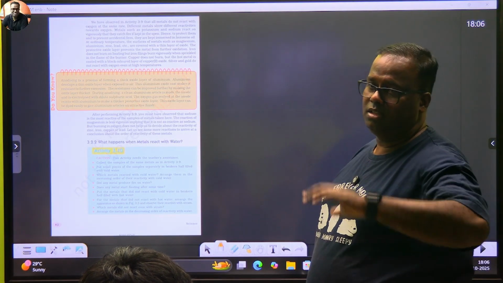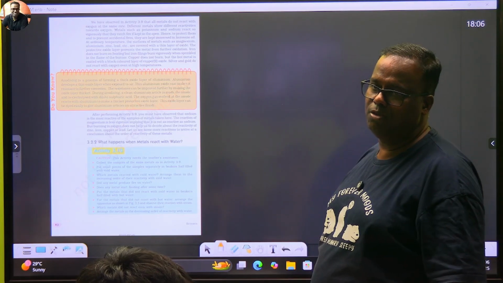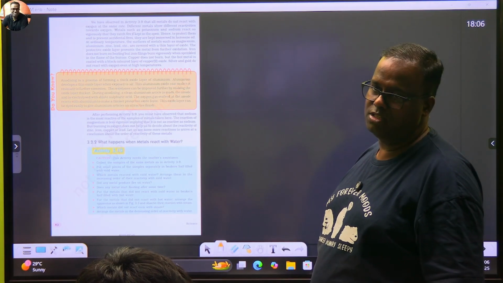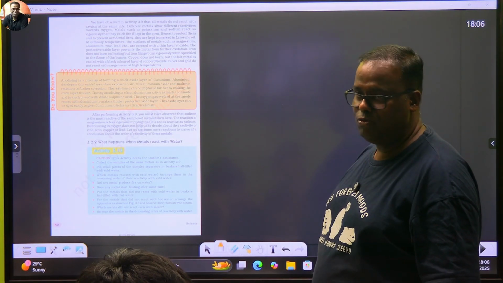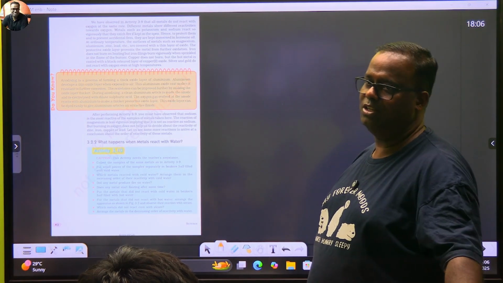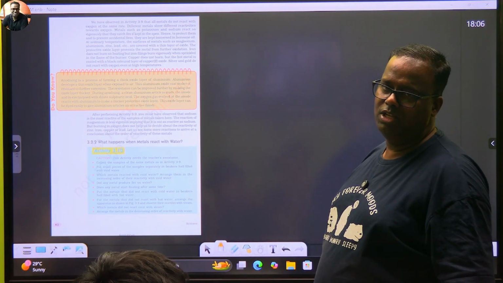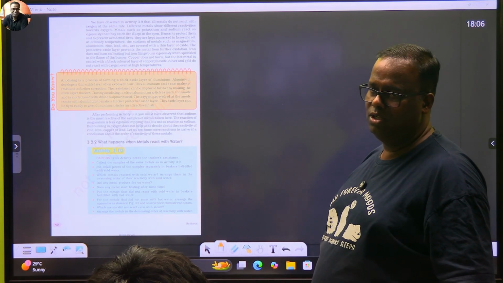Nowadays, they are using a lot of anodized karhais and anodized frying pans, because people are moving away from non-stick frying pans. I said this, right? If you get a non-stick frying pan at a very cheap rate, just don't buy it. You're buying poison. All the Teflon will come out, and once Teflon comes out, it will mix with food, and it's not good for you.